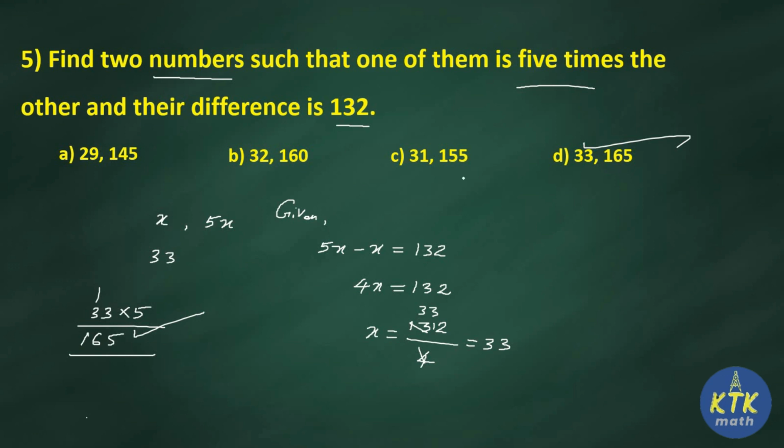So these kind of word problems, how you are understanding what they are giving is very important. Okay, so here they gave two clues. One is one number is 5 times another number, and then the difference is 132. So based upon the question you need to frame the equation properly. How we are framing the equation is very important. If you form the equation wrongly, obviously you are going to have the wrong answer. So formation of a simple equation is very important. We'll move to the next question now. Question number 6.